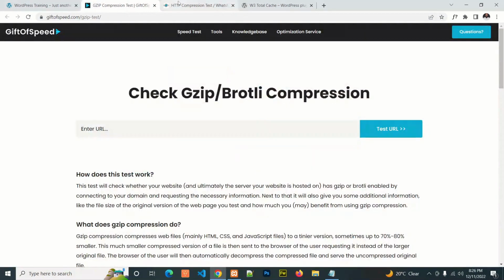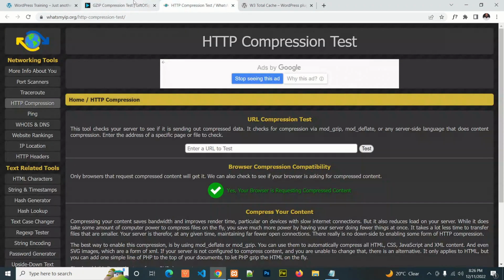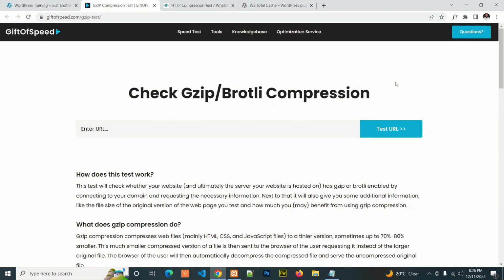Paste the URL there, and it will give you a report whether it is enabled or not. Most likely the GZIP compression technique will not be enabled. And then the next step is I'm going to show you one of the ways you can enable GZIP compression to improve your website